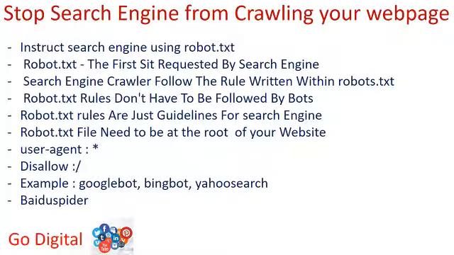So let's take an example. These are the two lines in the robot.txt: user agent colon star, and then we write disallow colon forward slash. So what does it tell? It's probably it's